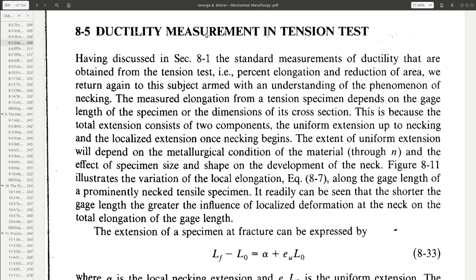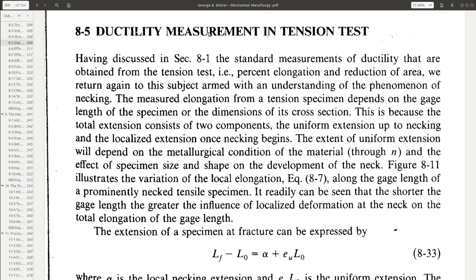But now there is an issue in measuring the ductility. The issue comes from the geometry of the specimen. We have mentioned earlier that in order to remove the geometrical dependence, instead of using load, we have introduced stress, and instead of using length we have used strain, so that whatever we measure will be just a result of material and not the result of geometry.